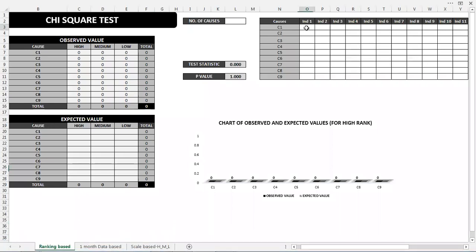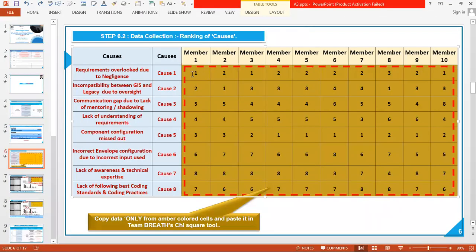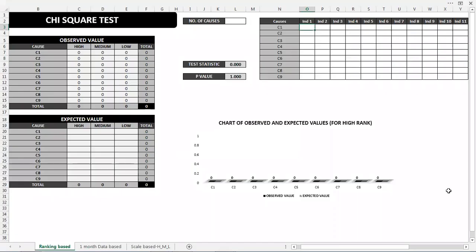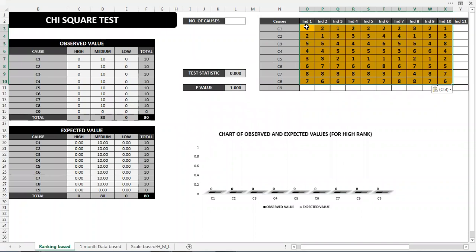Right? So this is a second version. Okay. So here we're going to copy our data. We copied this data, and then we are pasting it in a second version over here. That's the second version we had. The previous version of chi-square test was for strategy number 1, where we collected 1 month's data. So we had it over here. We are going to remove this C9. So I'm going to just backspace over here. I'm going to add 8 over here,